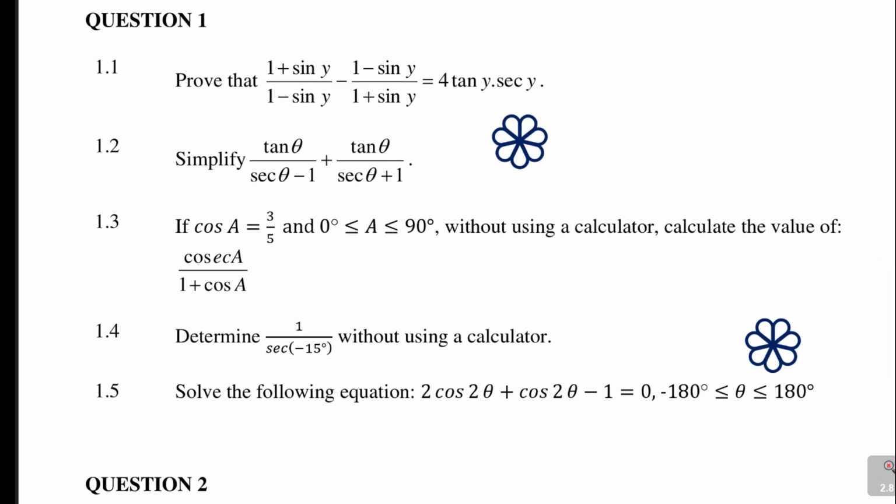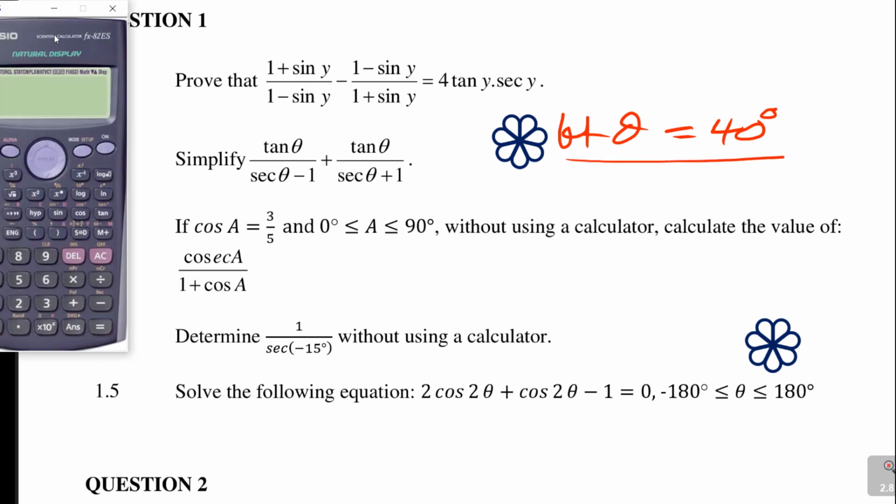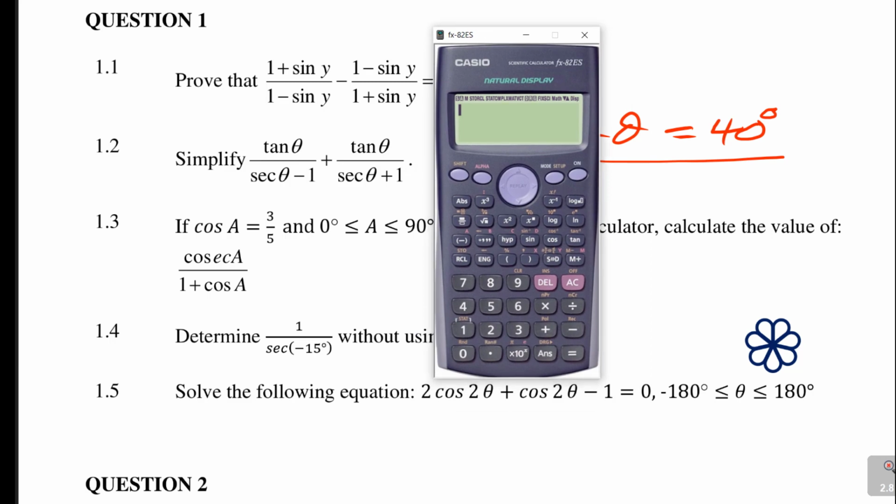Sometimes in case you made an error, you choose any value of theta. For example, let your theta be equal to, let's say, 40 degrees. Let's avoid special angles, let's use just that. Let's see if it will give what I want. Now I'm going to put this value in here, so tan 40